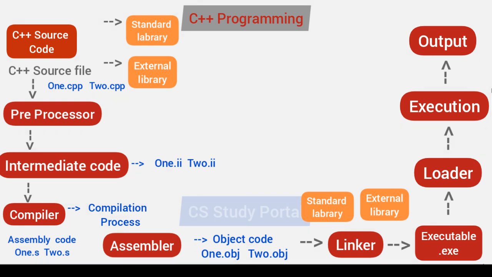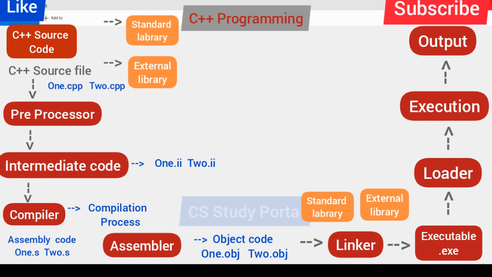So if your program is not producing the proper output, then you have to go back to your source code. You have to make sure that you have done all those things properly, follow all those processes again, generate an executable file, and then run that executable file to get the proper output. Now by looking at these things, you may think, okay, this is a tedious process, we have to do all these things again and again, but it is not that difficult.